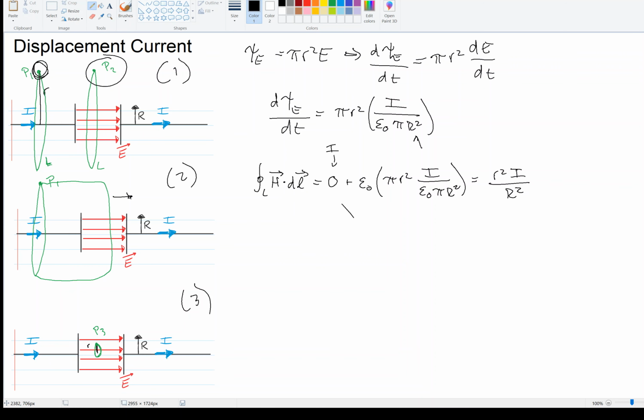If we use similar techniques that we have been using, where H is parallel, and then mu times H is B, then we have this,